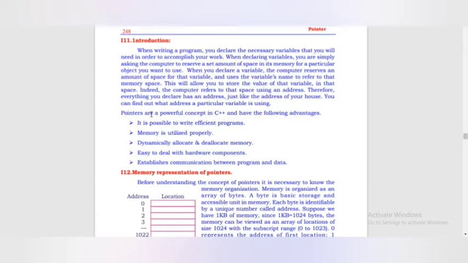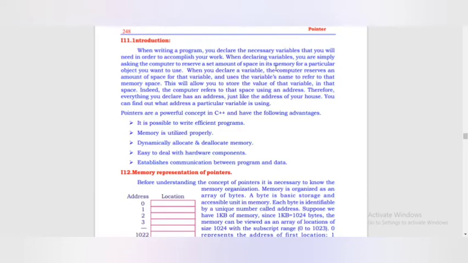Now we'll see why we need to declare variables and what the importance of the pointer is. When writing a program, you declare the necessary variables that you will need in order to accomplish your work. As I told you, if you want to use any variable in your program, it must be declared first, right? When declaring variables, you are simply asking the computer to reserve a set amount of space or memory for a particular object you want to use.